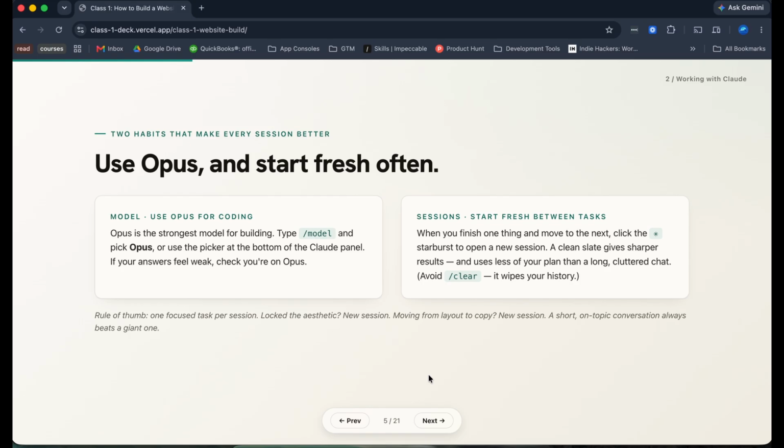The next one lower is Sonnet, and that's really good if you're trying to get a question answered or a quick ChatGPT question. It's very fast and it'll answer your question, but it's not so great for coding. And there's one below that which isn't really relevant until we get to the agent class towards the end of this course.